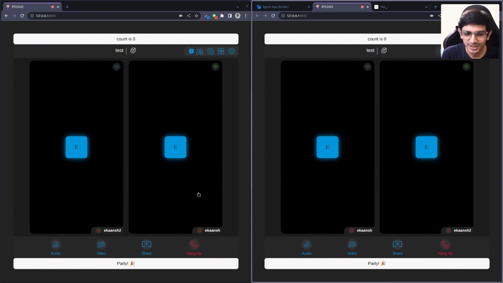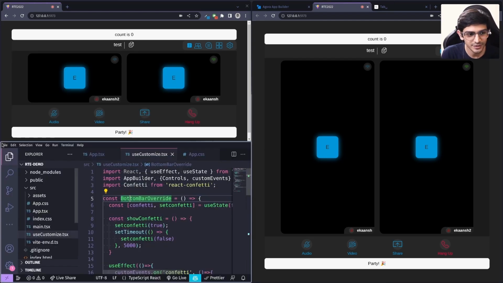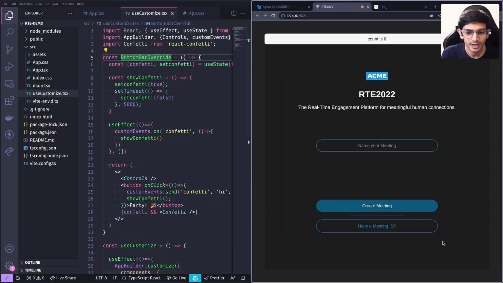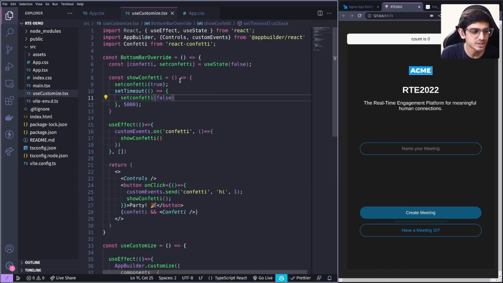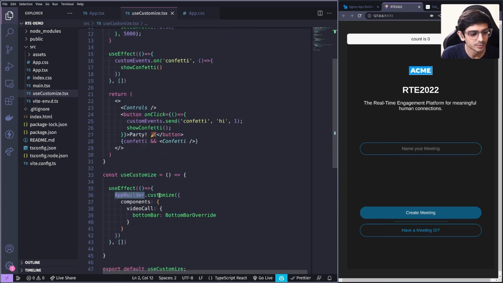Awesome. So that's pretty much what I wanted to show you in terms of application features. Let's get rid of the screen and hang up here. So I'll just quickly describe how everything works. We're using the app builder export to apply a customization. Within the customization, I have components within which I have the bottom bar, which I'm overriding with my custom